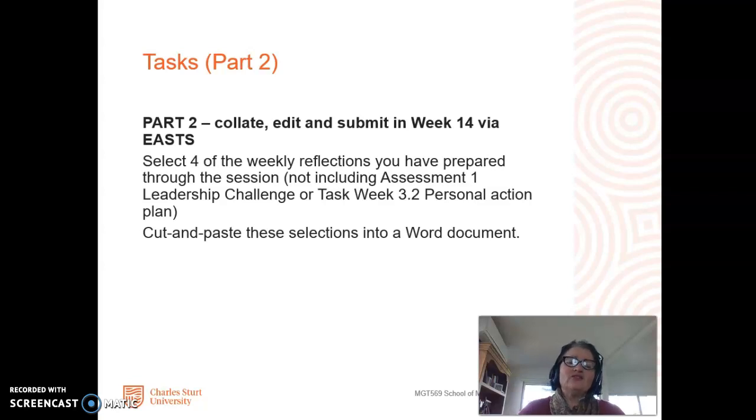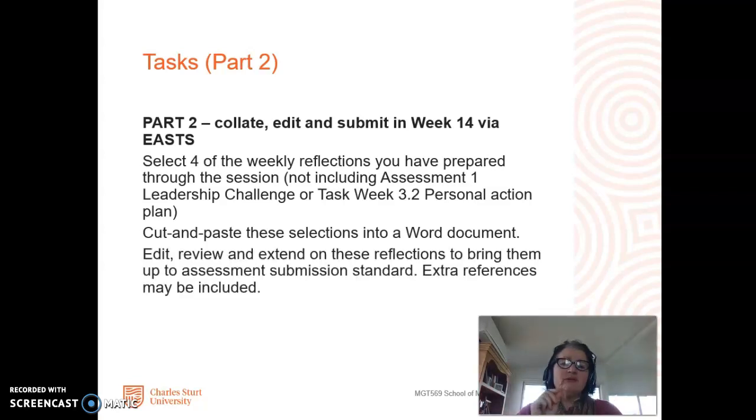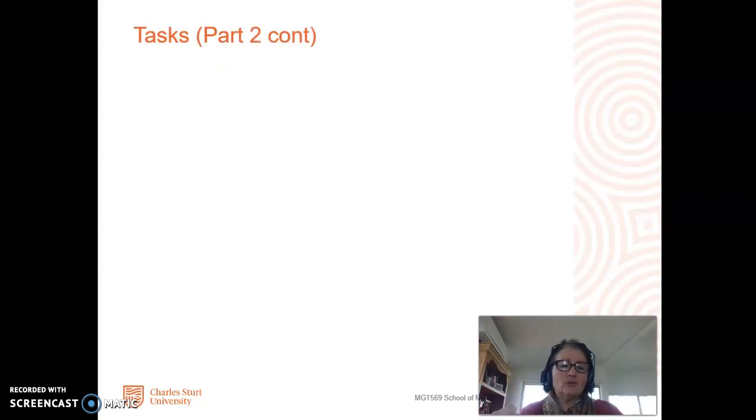Cut and paste these selections into a Word document. So you've got all your journal entries in this Word document. That's what it looks like. Edit, review and extend on these reflections to bring them up to assessment submission standards. So extra references may be included. So they're not going to be kind of bloggy anymore. You're going to actually write them more into an academic piece of writing. Plus, and there's more,